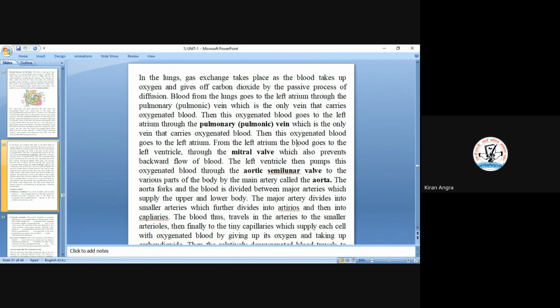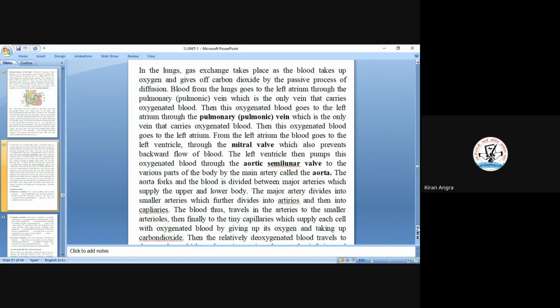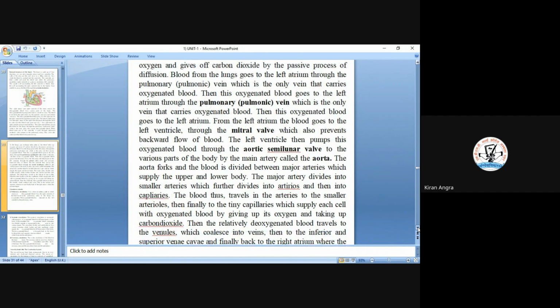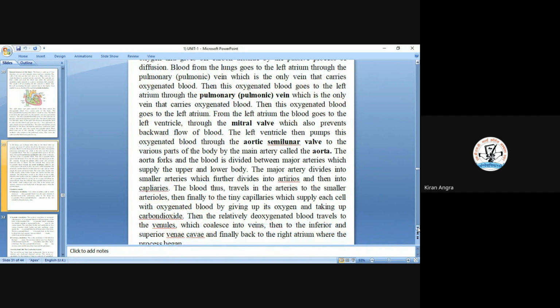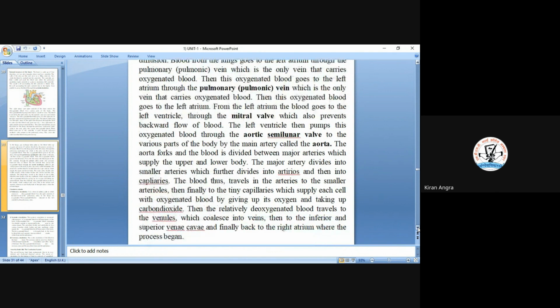This blood from the lung goes to the left atrium through the pulmonary vein. So this is the only vein which carries the pure, oxygenated blood. This oxygenated blood from the left atrium goes through the vein to the left ventricle,